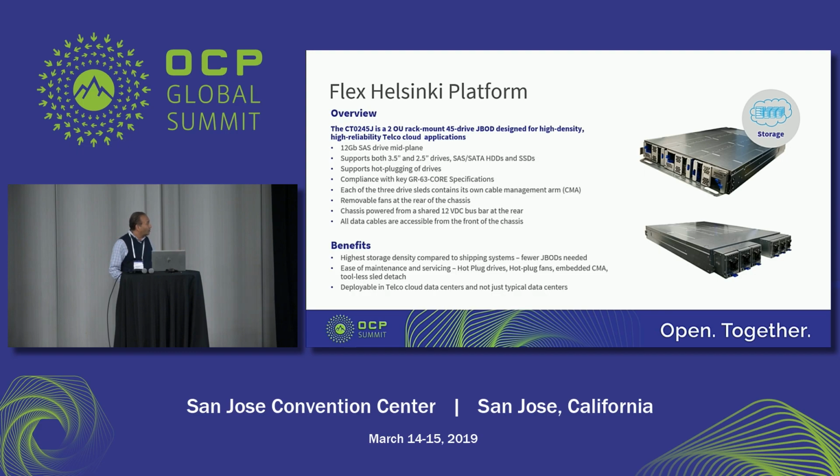As you know, you can see a lot of storage platforms on the floor here. The unique thing about this one is this is really designed from the ground up for telco cloud and telco type of deployments. Typically, what you see in things like central offices, POPs, and the emerging telco edge type of data centers. So in terms of the feature sets, this is based on a fairly typical SAS-SATA type of